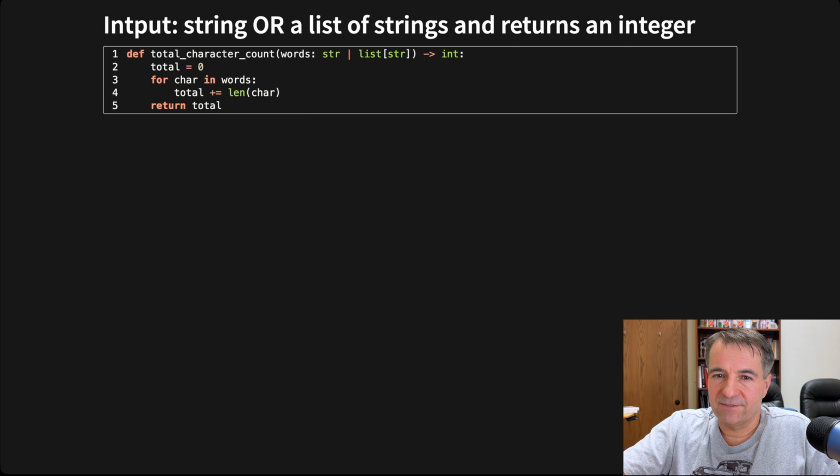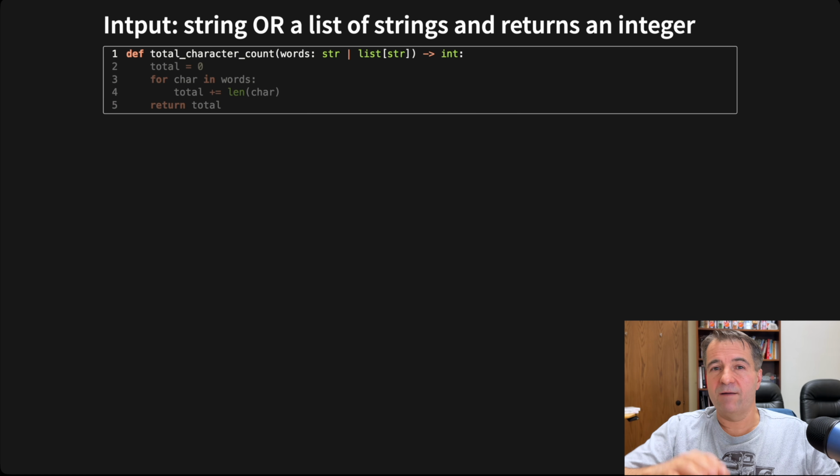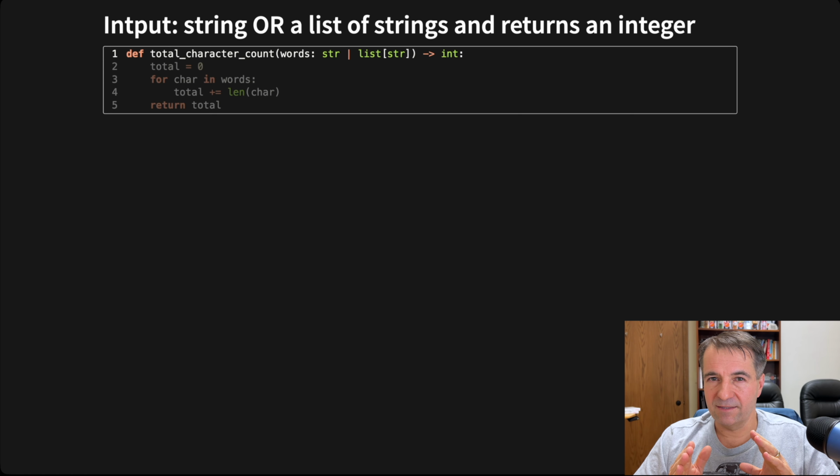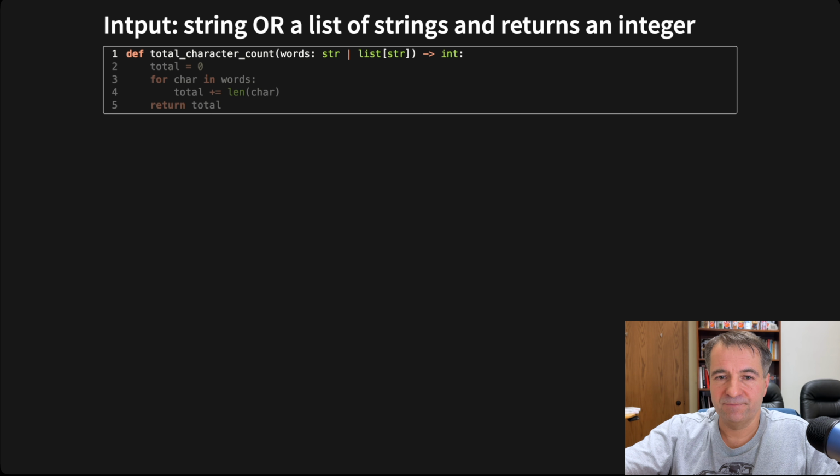How do we protect ourselves against this? So we're going to use type annotation. As you see over there, I'm now saying words, and I'm annotating to say a string, and that's where Union comes in. String union a list of strings, which basically I'm saying that you can pass in a string or a list of strings, and this will return an integer. So simple. The benefit I'm getting firstly is if I'm a developer and I look at this, I don't have to wonder. I know that this function was tested for these values.